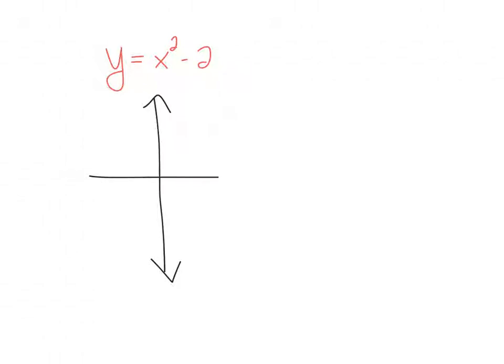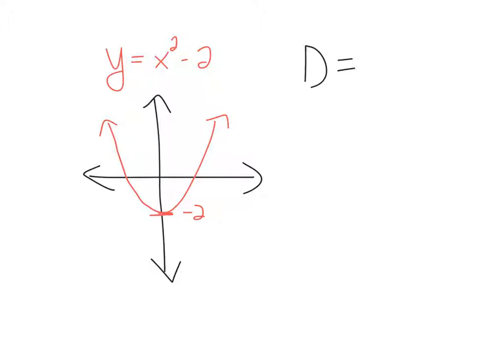Okay, let's consider the function y equals x squared minus 2. Now there's just a rough graph of it, and it actually touches down there at negative 2. So thinking about the domain in interval notation, again the graph goes up, but it also goes up and over this way. So the domain,